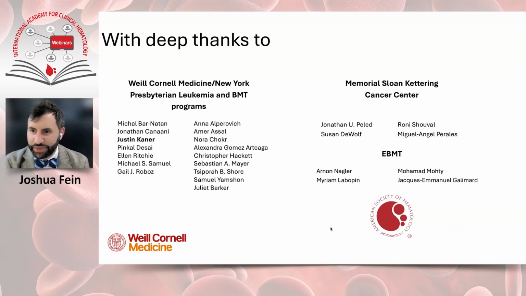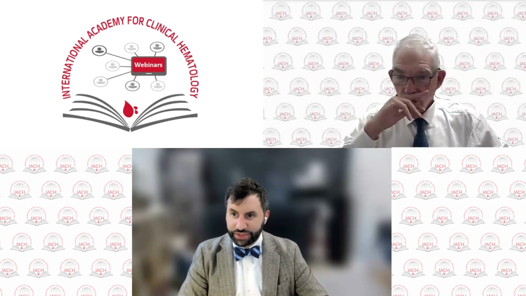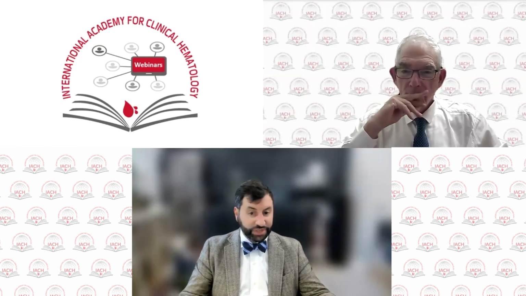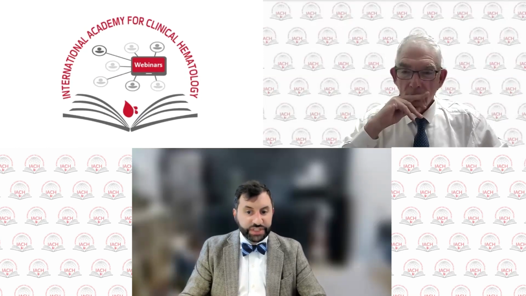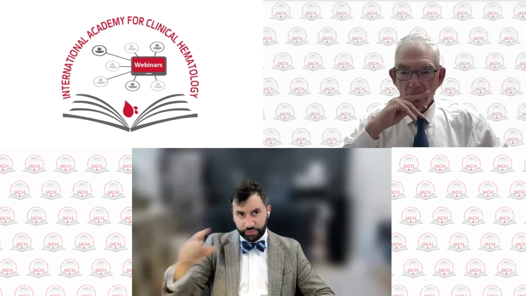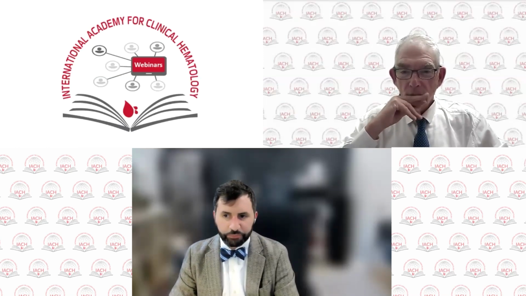I see that there's a couple of questions here in the box. One of which was, how is immune reconstitution affected when using these 4 antibodies, including NK cells? So in the 4 antibody setting, there really wasn't successful engraftment, and so we can't really say. In the 6 antibody setting, I don't believe NK cell reconstitution was specifically described. It may have been, and I would have to get back to you on that.